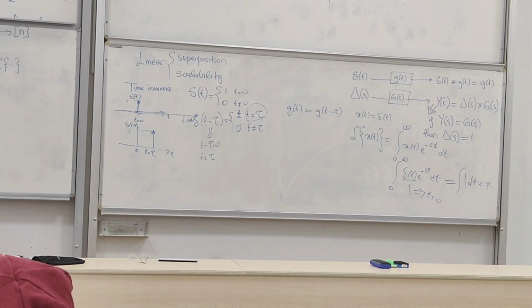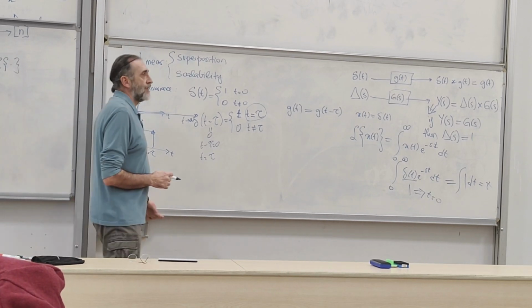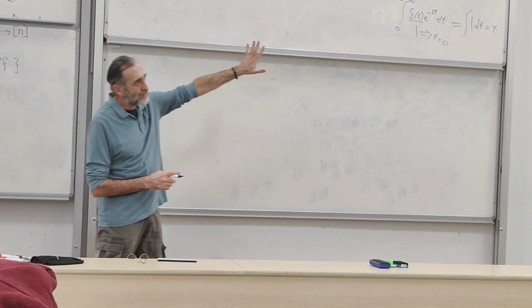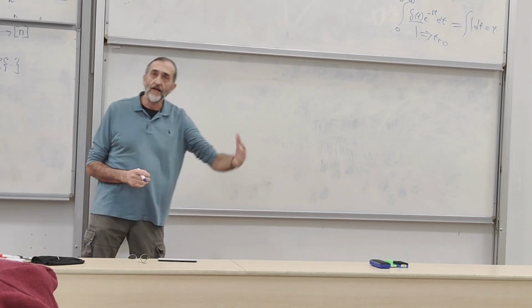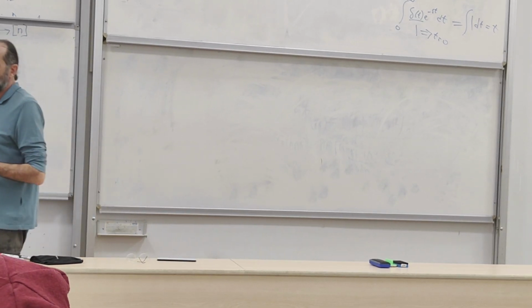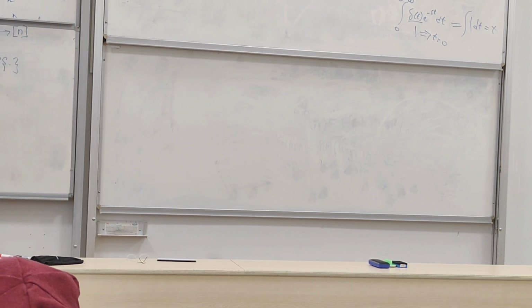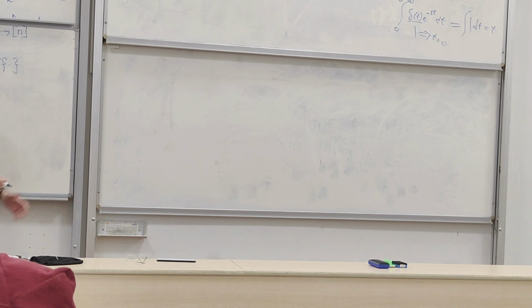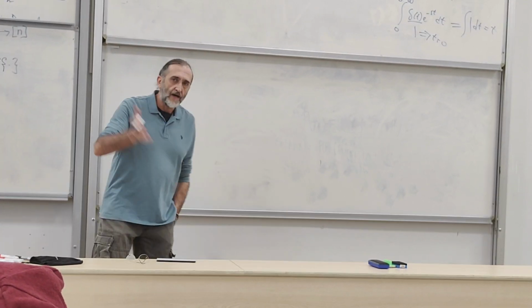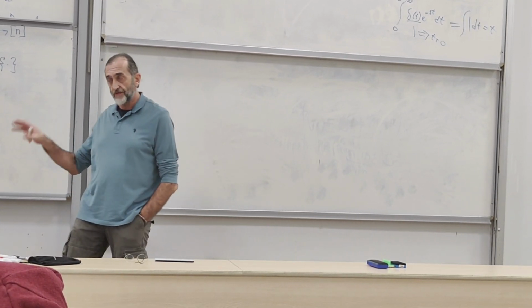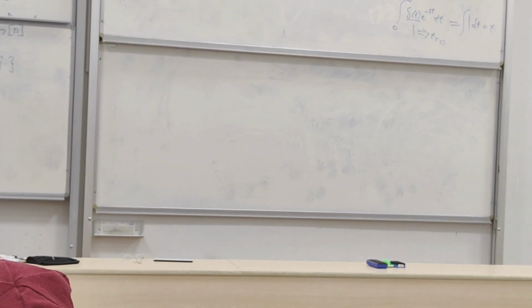Does it make sense? Anyone not understand? Well, that's very important, guys. It's extremely important. You have to not memorize that the Laplace transform of delta is 1, but understand why it is so. Okay? And in order to understand that, you have to understand the definition of delta, which is a purely imaginary thing, not complex, but in our imagination. So we use it to our heart's content, as long as we do mathematics. When we do physics, we cannot use it.